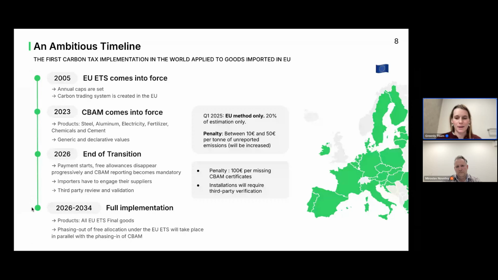So this timeline is ambitious, and it's really embodying why it should matter to you, because delaying action risks non-compliance, heavy penalties, and increased import costs. Proactive businesses, on the other hand, will be avoiding fines and audits, strengthening supplier relationships to ensure compliance, and building resilience and gaining a competitive edge on sustainability leaders, which we have one today with us. So it's great to have this example.